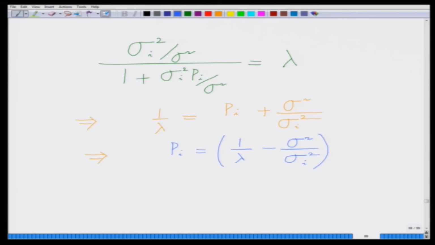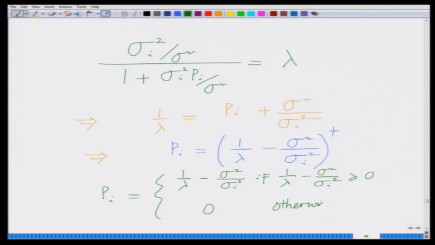Therefore, I am simply going to set this as Pi is equal to 1 over lambda minus sigma square by sigma I square, plus, which basically simply stands for the fact that Pi is equal to 1 over lambda minus sigma square by sigma I square if 1 over lambda minus sigma square by sigma I square is greater than or equal to 0, and equal to 0 otherwise. So, what we are saying is that the power Pi which maximizes the sum rate, or the power Pi